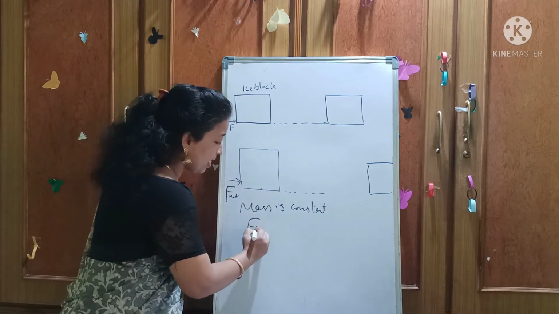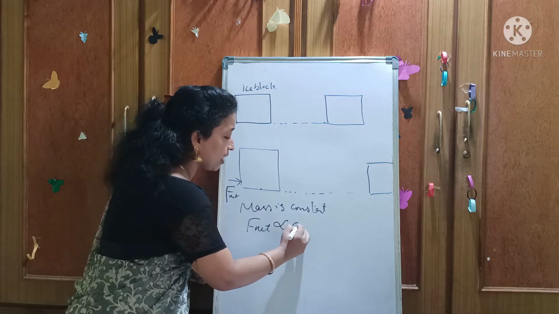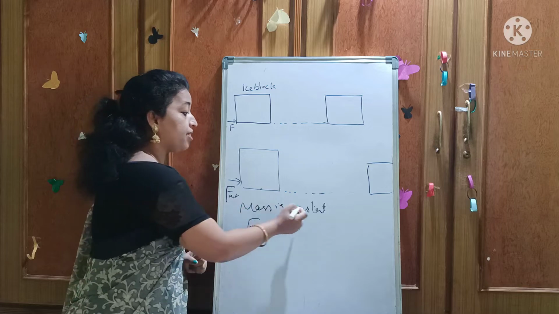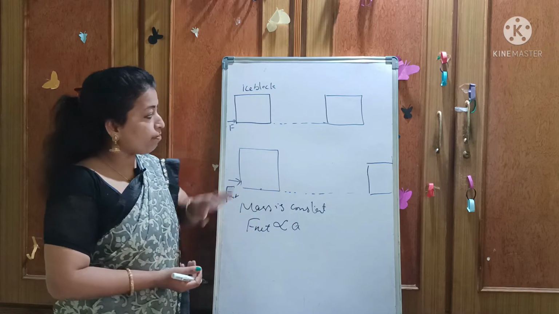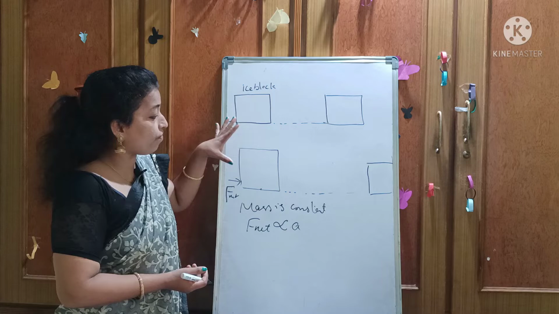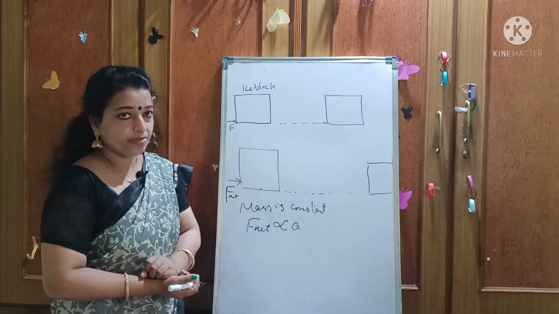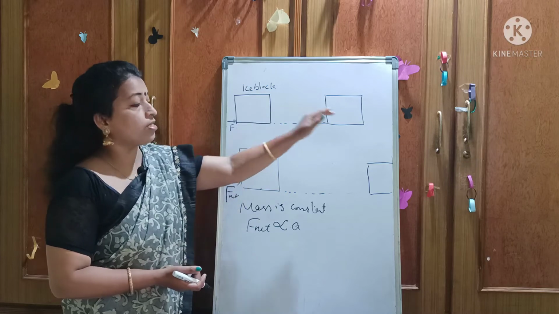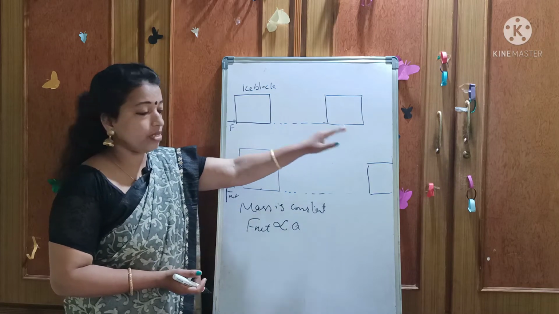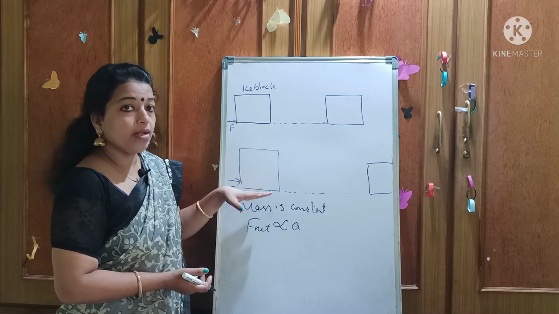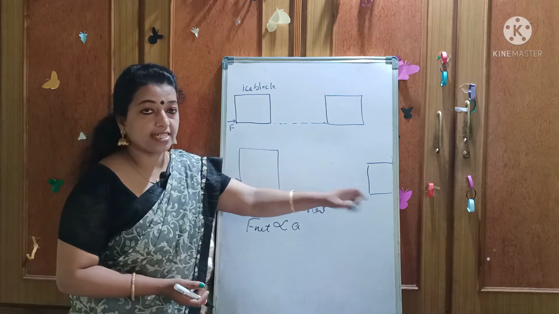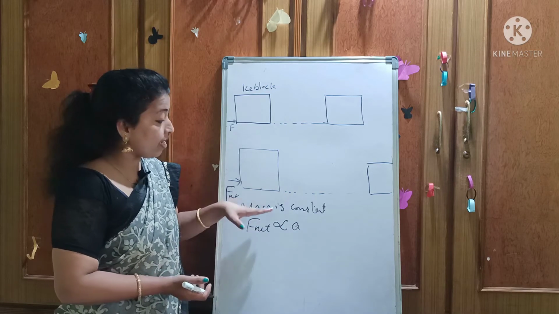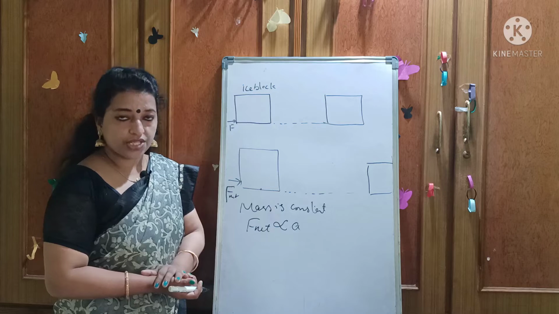So can we say that net force is directly proportional to acceleration? This holds when the mass is constant. Here we have seen that a smaller net force gives smaller acceleration, and a larger net force gives greater acceleration. So net force is directly proportional to A when the mass is constant.